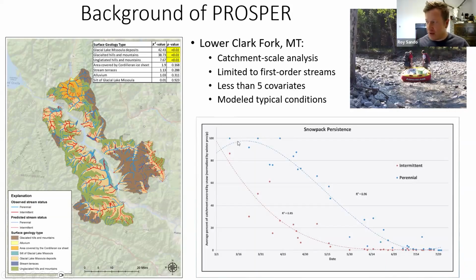Surficial geology was really important, with alluvial deposits or glacial lake deposits being more associated with subsurface flow. Another thing that popped out was snowpack persistence. The amount of snow-covered extent normalized by winter precipitation had a significant impact on whether or not these systems flow year-round. What that means is, if you get the same amount of snowfall in one catchment versus another, the catchment that retains that snowpack longer, we quantified the effect of that on essentially the probability of that stream retaining streamflow year-round.